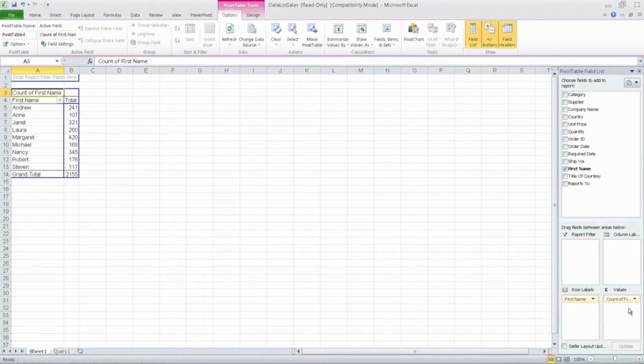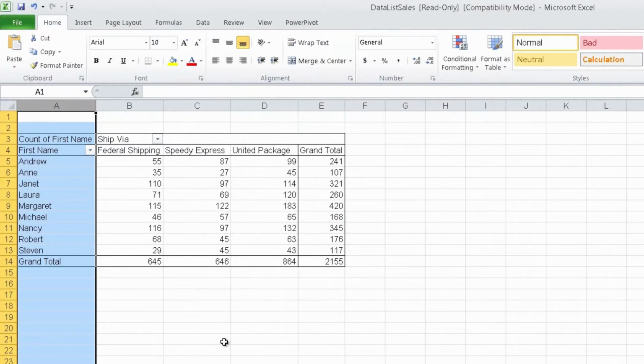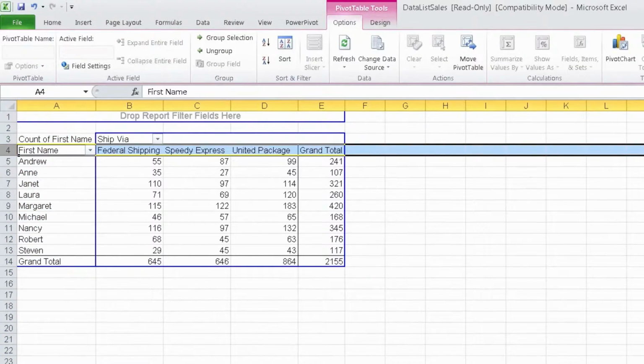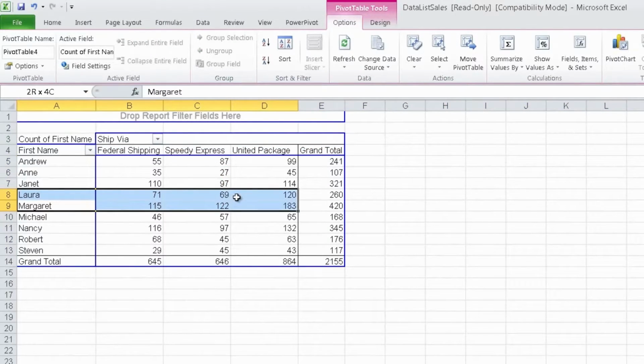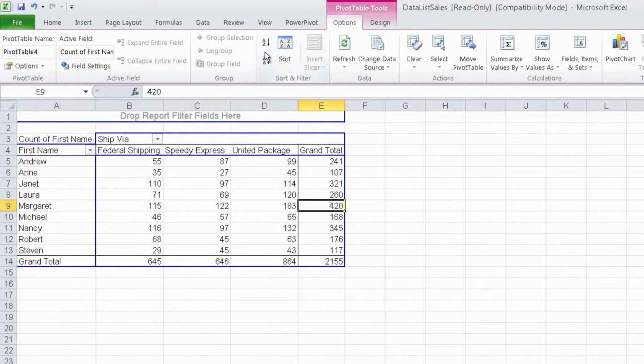Okay. If I have another parameter, such as the ship via, I could drag drop that into the column labels and get what would be known in the industry as cross tabulation. Something in the row, something in the column, and a cross tabulation of the data between those. Okay. Note how Margaret, if I was to sort this very quickly, Margaret was our best salesperson, and she seems to have a favoritism towards United Package for some reason,